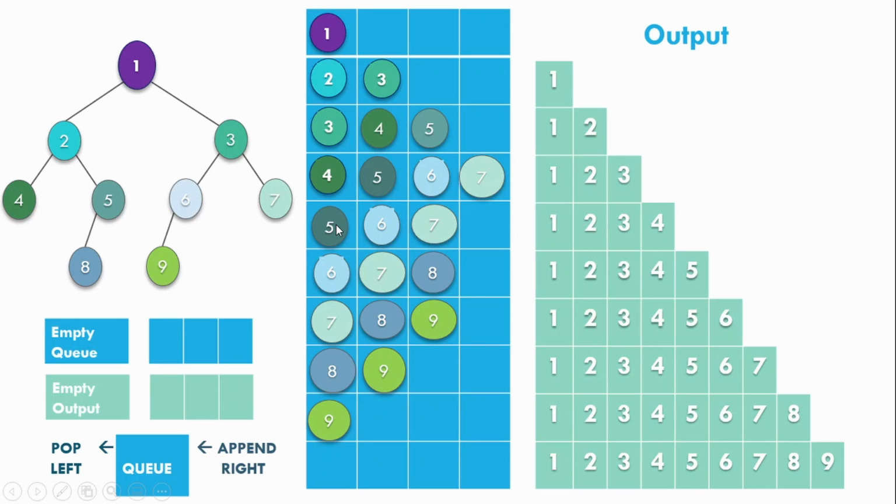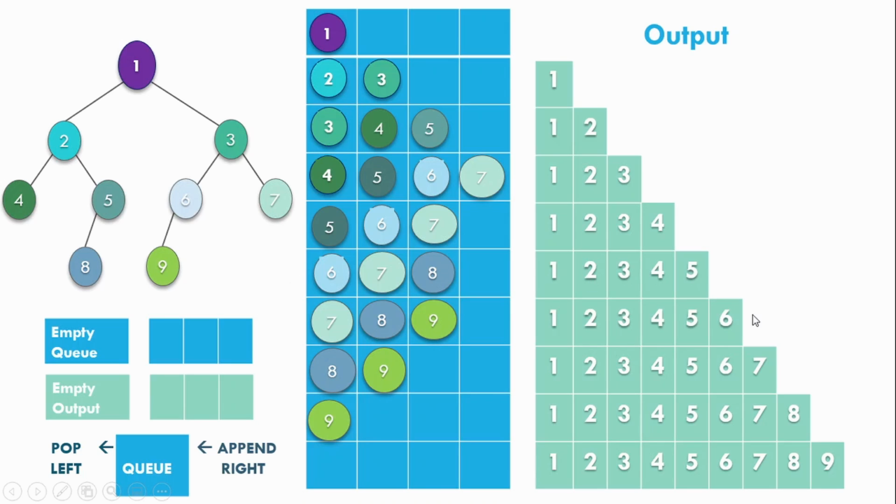Then pop the element from the queue. This time we get 5, and we add the value to the output and check if it has any children. Yes, it has 1 child, that is 8. Add the child to the queue. Then again do pop. When you pop, 6 will be popped out.